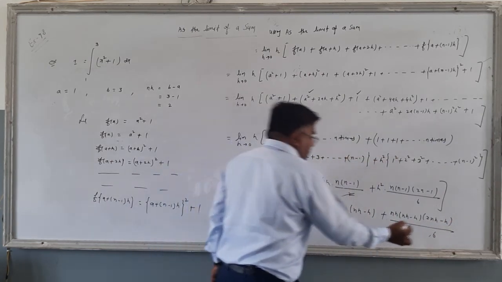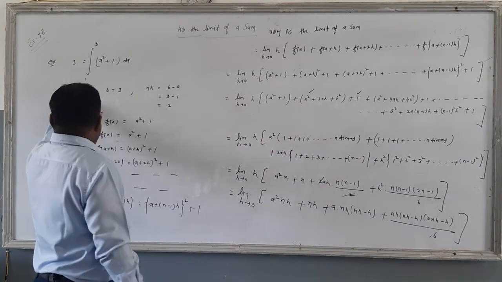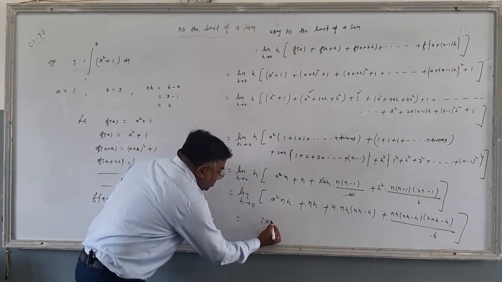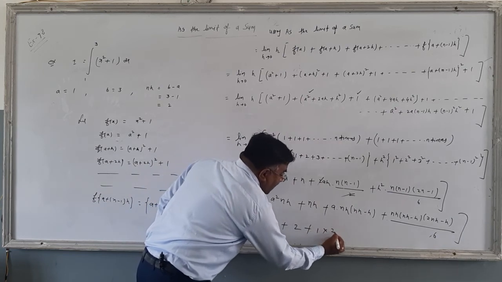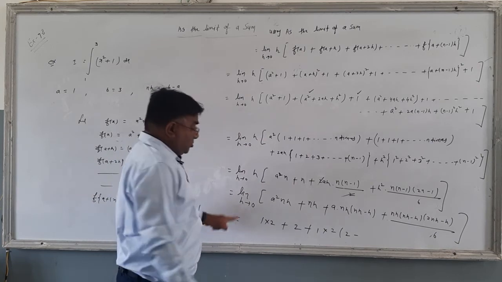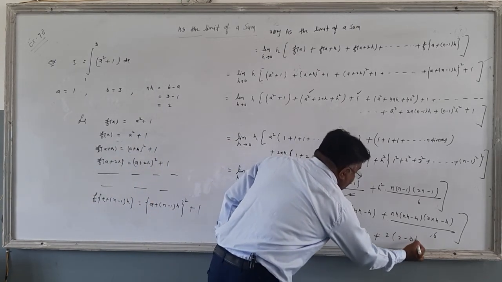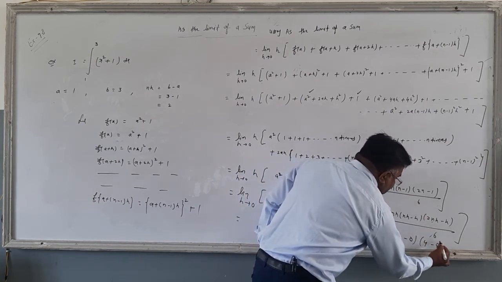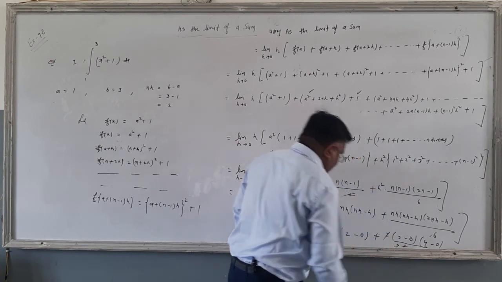And now substitute the value of A. What is A is 1. What is NH is 2. Then A is 1, NH is 2. A is 1, NH is 2, NH is 2, but is only H, then where h tends to 0, plus NH is 2, NH is 2, H is 0, NH is 2, that is 4, minus H is 0 upon 6. Then 2 3s are.